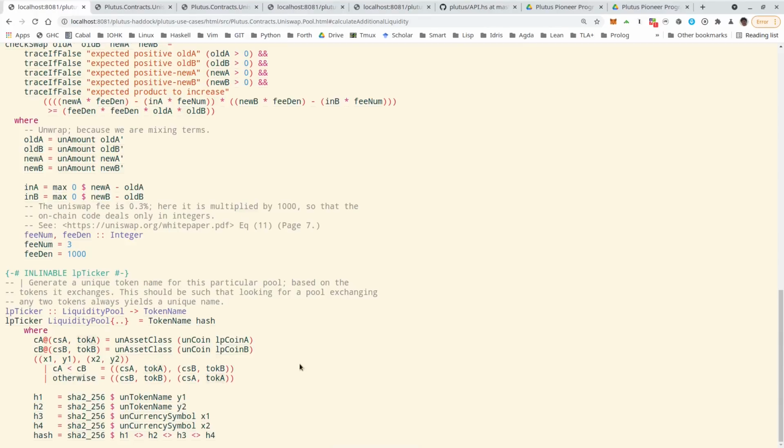And the slight complication is here that you again must make sure that the order of coins in the pool doesn't matter. So this is why there's a condition here. So it's checked that they are sorted, and if they are not sorted, then you swap them around. So this function should return the same token name for liquidity pool with token A and B, and for liquidity pool with token B and A, which also corresponds to what I said earlier about equality for liquidity pools.